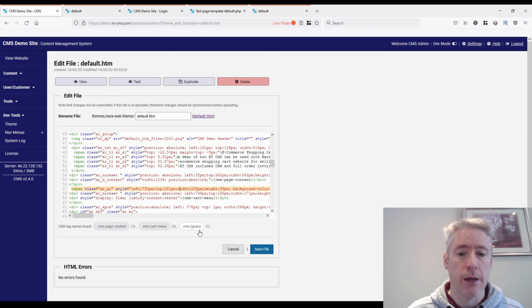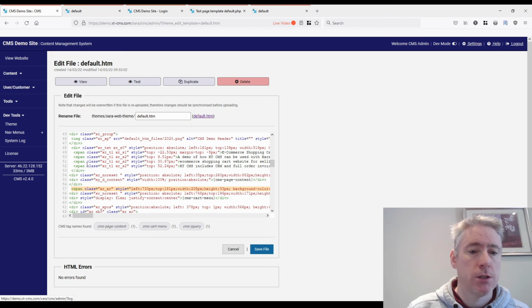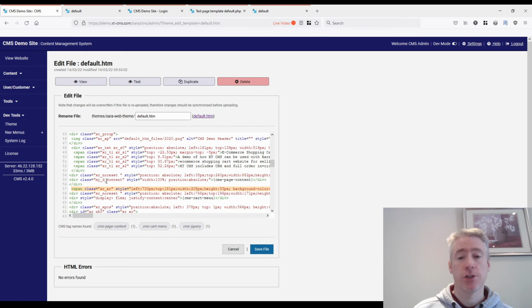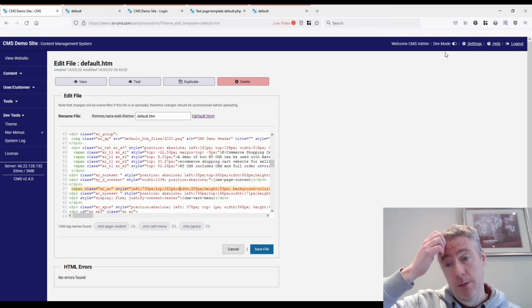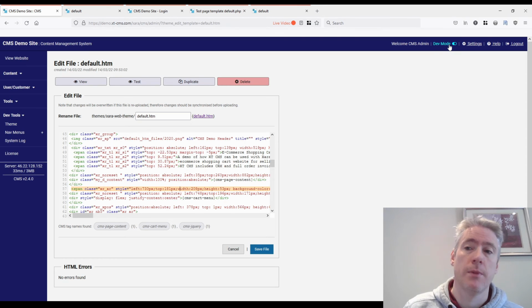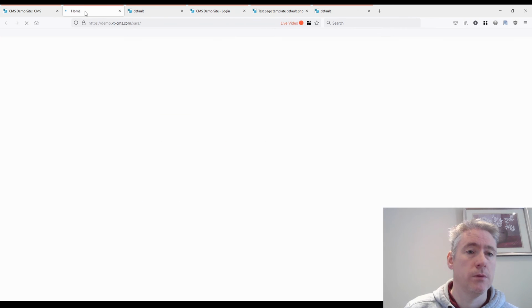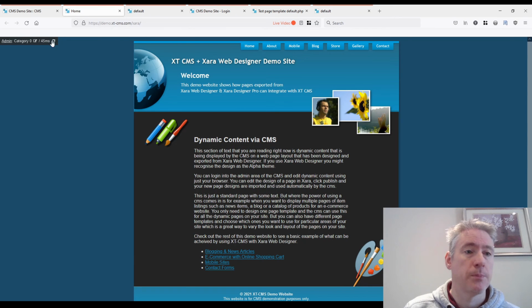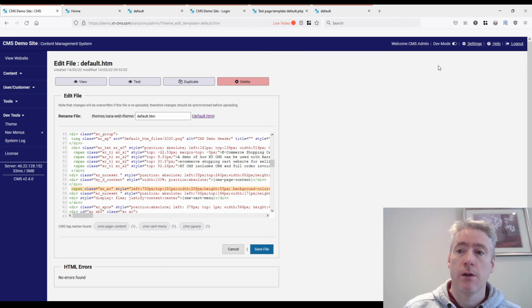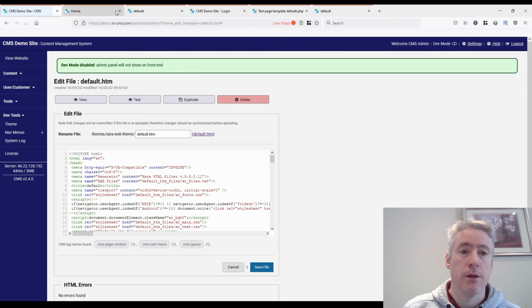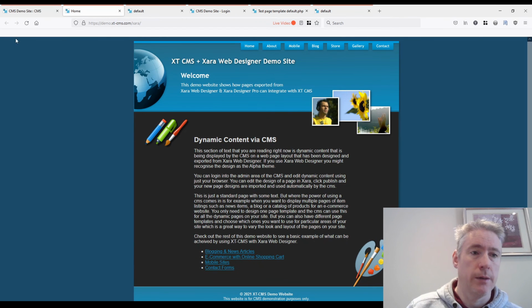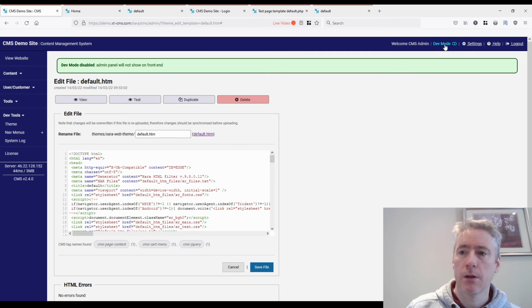So that is a big change, and I will cover one other feature in this video, and that is the dev mode, which is up here, and you can toggle this on and off now. This is now available to anyone who's logged in as an admin user or the main admin. If it's switched on and you view the website, so if I just open up the home page here, it will display this panel. And if you toggle it off, let's just do that, that will then be hidden. So we'll switch it back on.